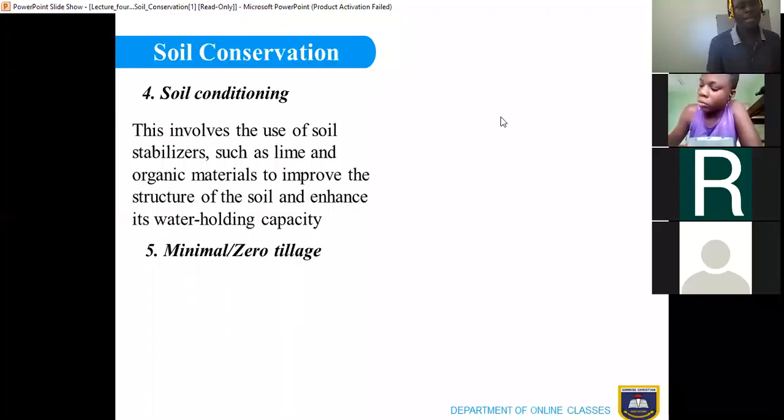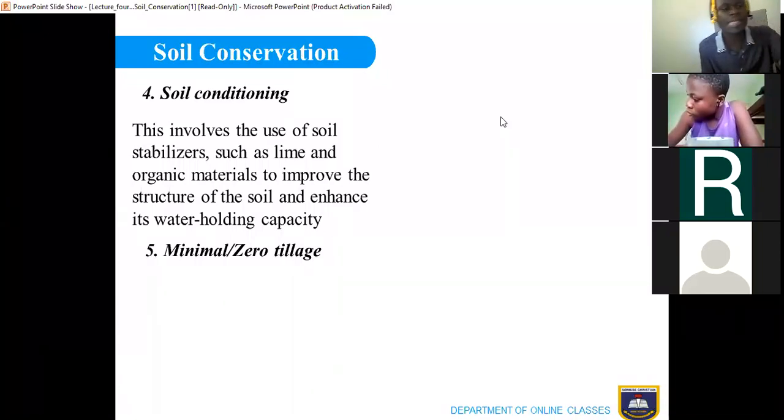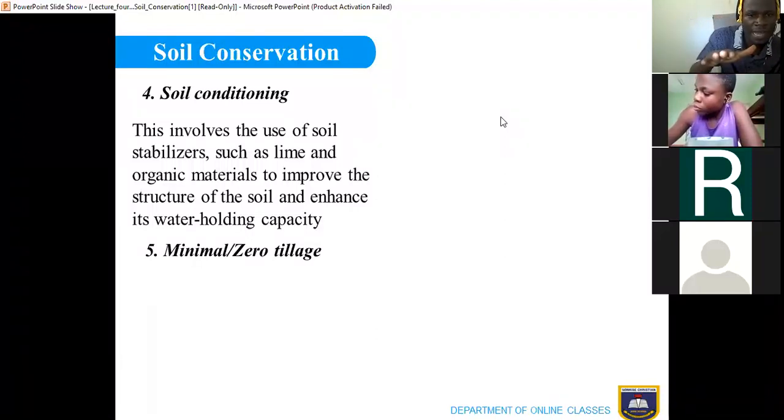We're using stabilizers such as lime and potash, and then of course organic materials, to improve the structure of the soil and to enhance its water holding capacity. Now again, we use lime when the acidity of the soil is high. Then we use potash